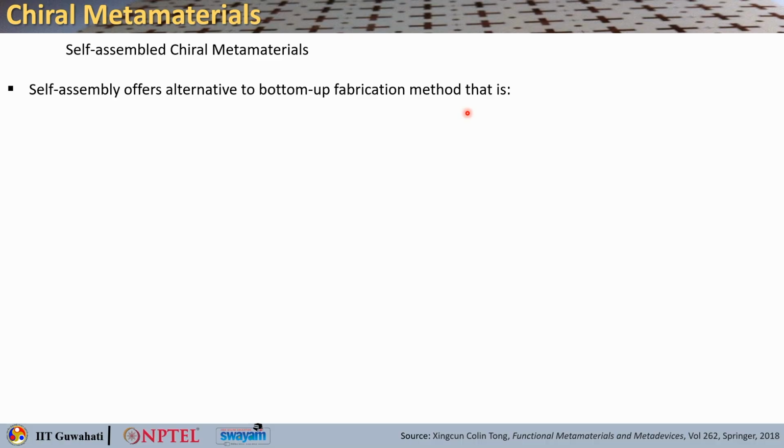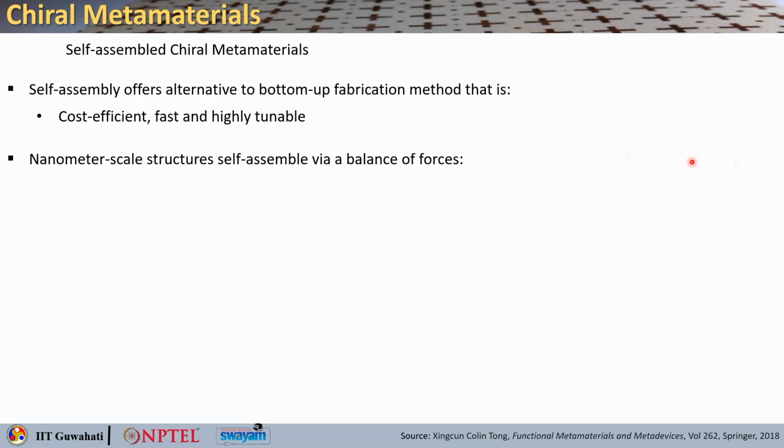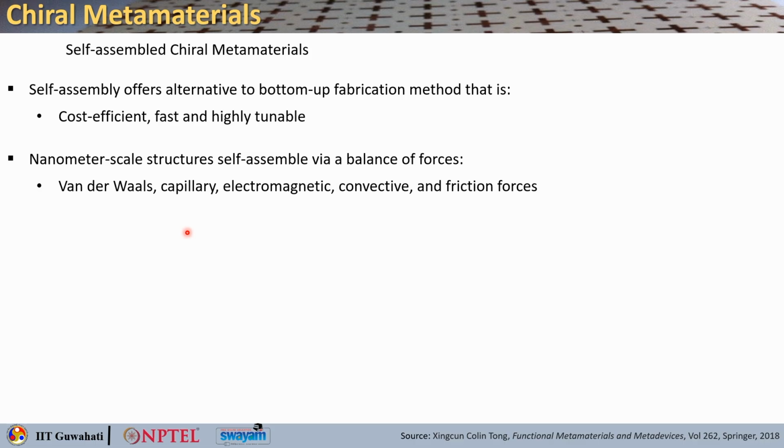Next we move on to self assembled chiral metamaterials. When you compare with top down fabrication methods, this self assembly technology provides an alternative bottom up approach for realizing structures at the nanometer scale, which are cost effective and yet highly tunable, and they also work in a fast manner. Okay. So, we will see that there are certain challenges in nanoscale structures when they self assemble, because you